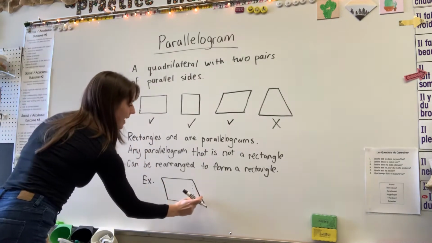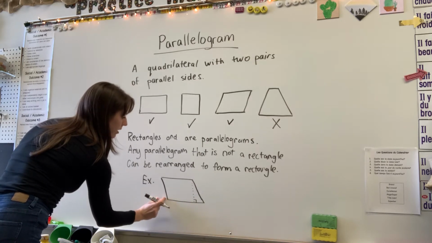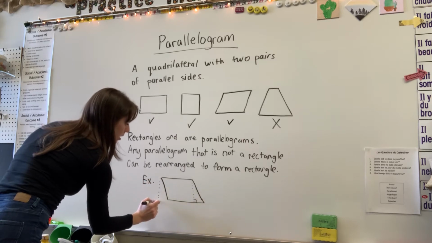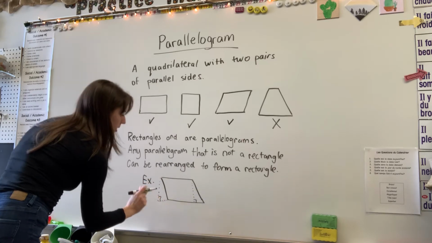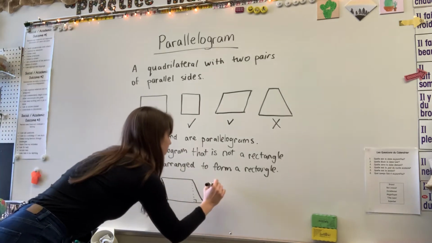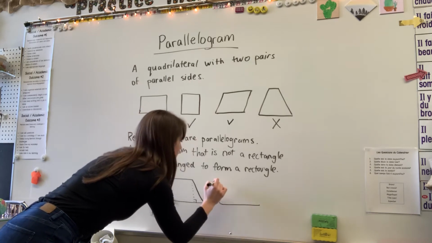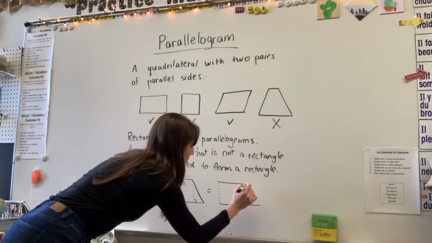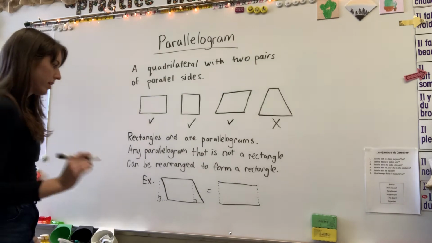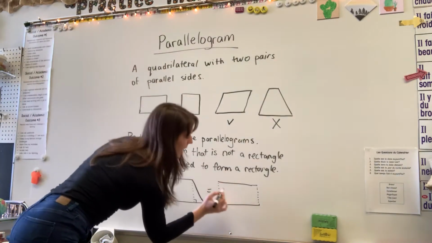If you were just to take that triangle, move it over here, you would end up with that shape over there. Because I just picked it up, moved it over there, and look, it is a perfect